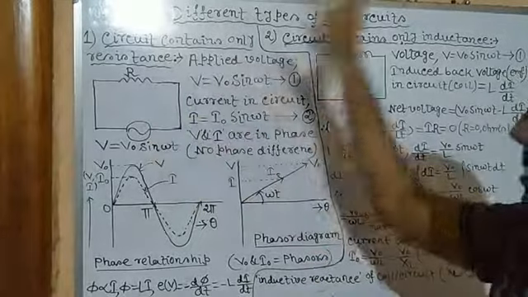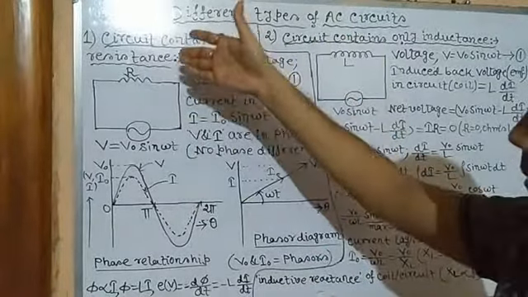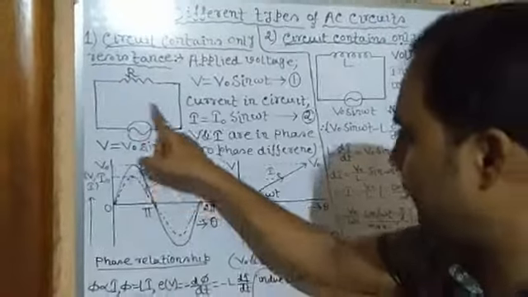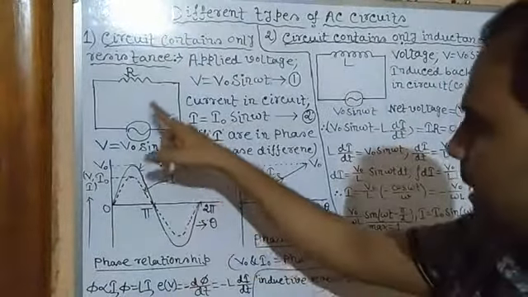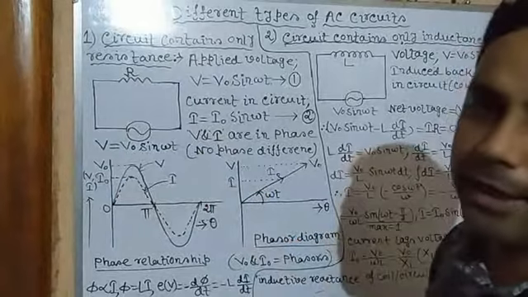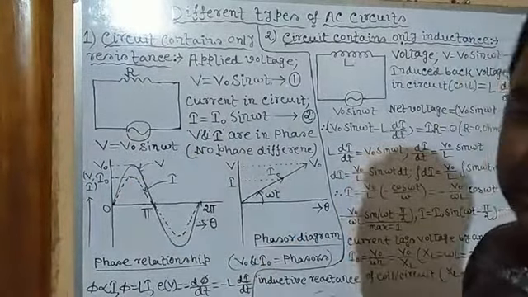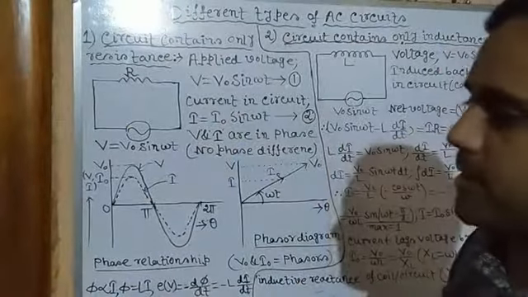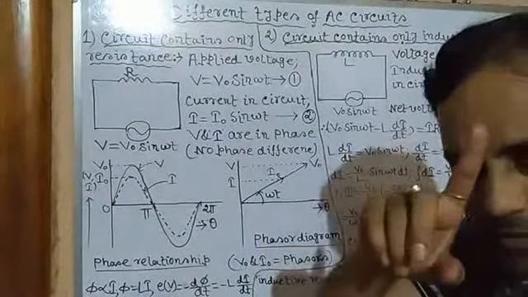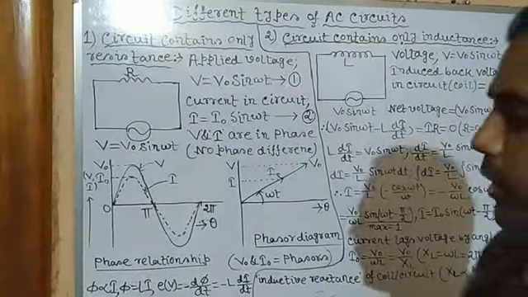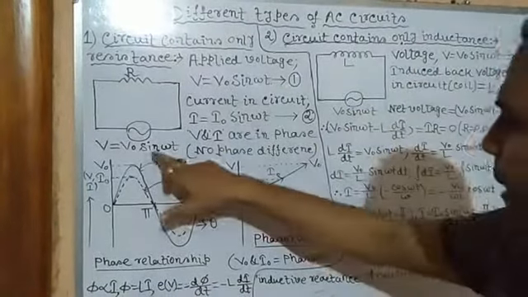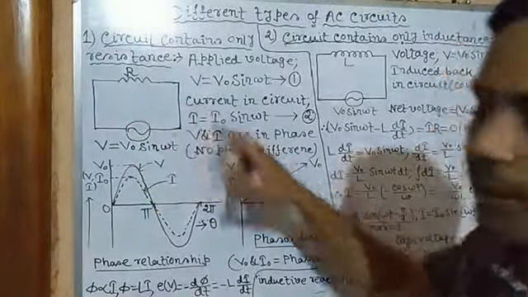This is the resistance of the conductor. Now this is the supplied or applied voltage, that is V equals V0 sine omega t, which is nothing but AC voltage, that is alternating voltage. And this is the symbol of AC voltage due to its graphical representation. In the last video we saw the graphical representation of AC voltage, which was nothing but the sine function. This is called sinusoidal voltage.